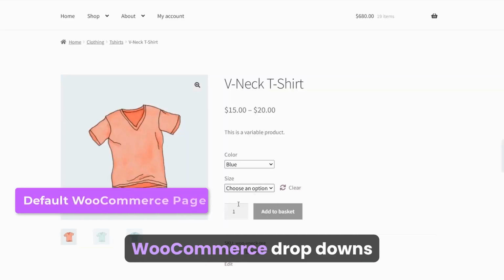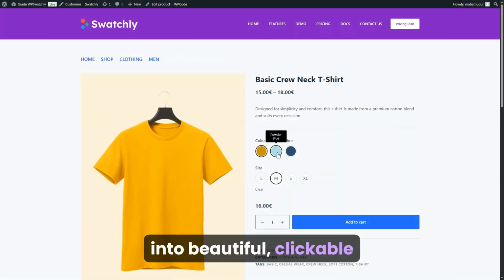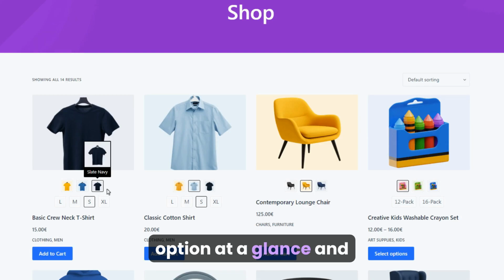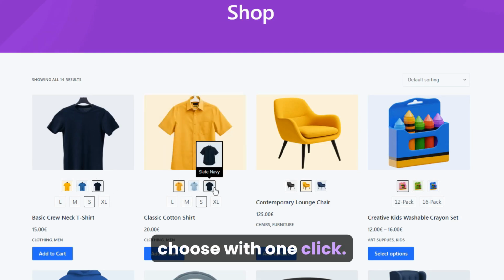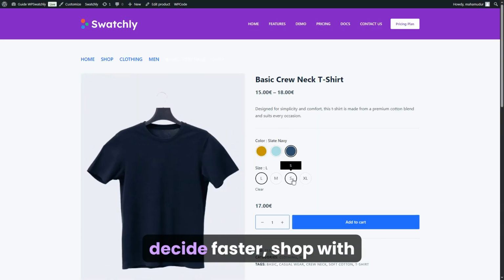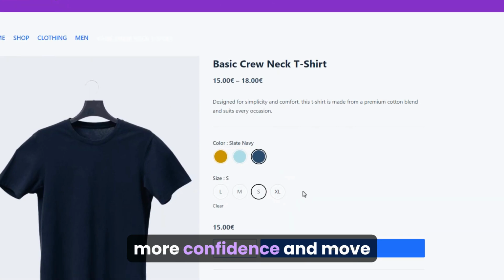Swatchly turns boring WooCommerce dropdowns into beautiful, clickable variation swatches, so customers can see every option at a glance and choose with one click. When product options are easier to see, customers can decide faster, shop with more confidence, and